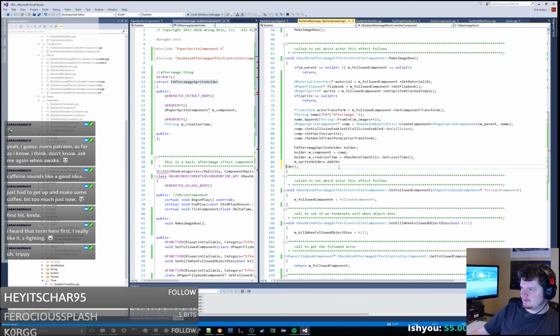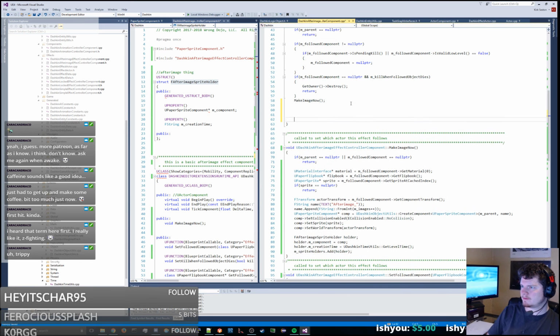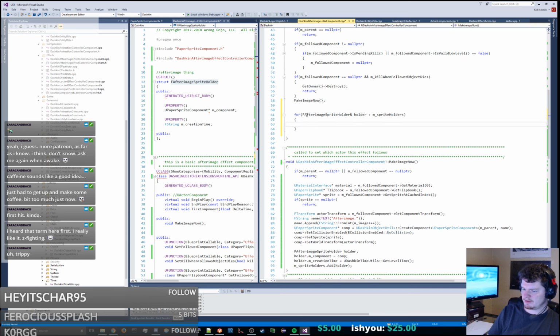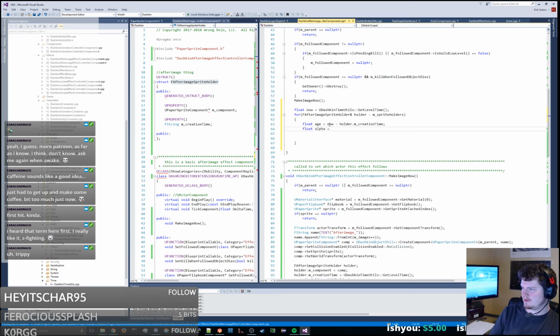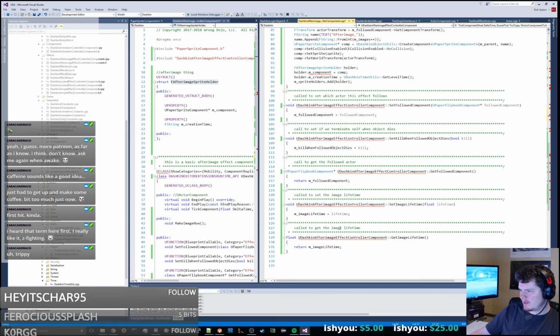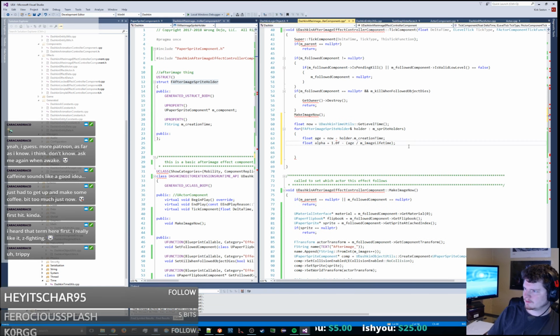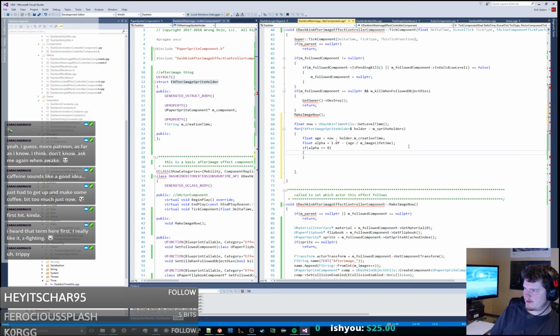and then we just have like for every image sprite holder and sprite holders, we just do like float now equals get level time. So this can be holder.m creation time. Float age equals now minus creation time. So we're going to do float alpha equals 1.0f minus age divided by image lifetime. If alpha is less than or equal to 0, then